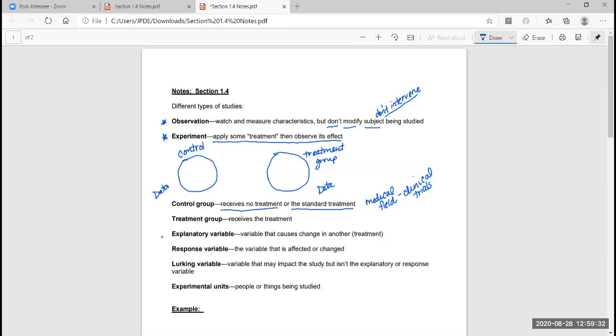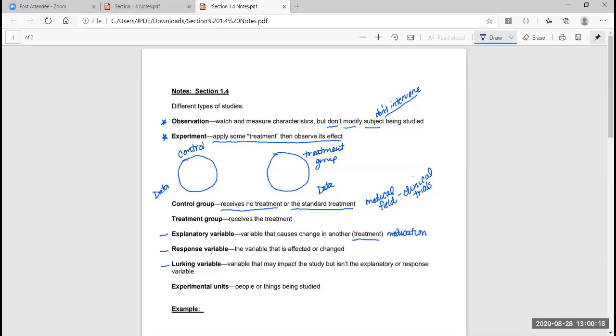Okay. You're going to have some different variables in this situation. The explanatory variable is the treatment itself. So whether it's a medication, whether it's tutoring, whether it's reading a book, whatever it may be, the explanatory variable is whatever the treatment is. The response variable is what is affected or changed. And like I said, I'm going to do an example in just a minute, but what you might think about here, if your treatment is a medication,